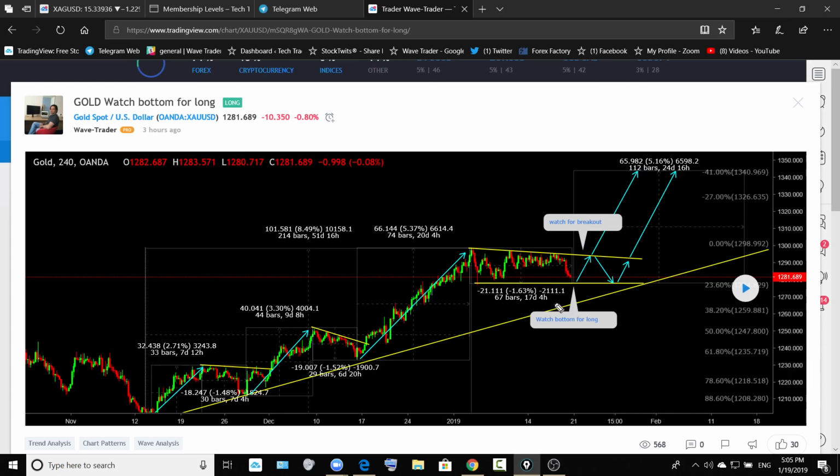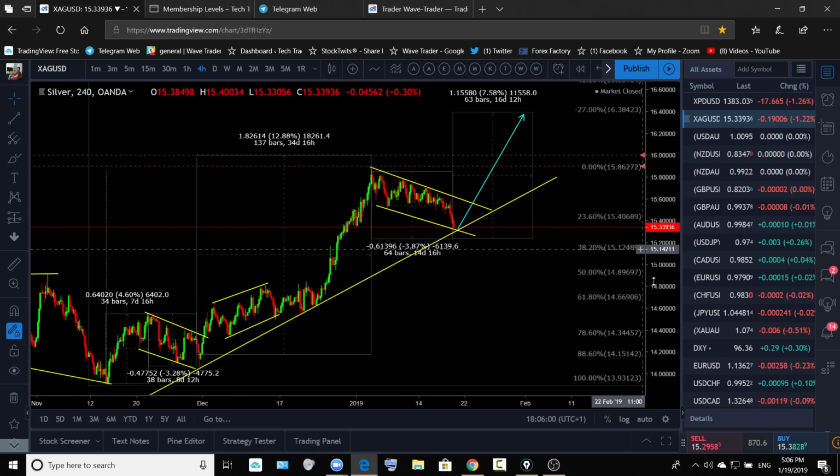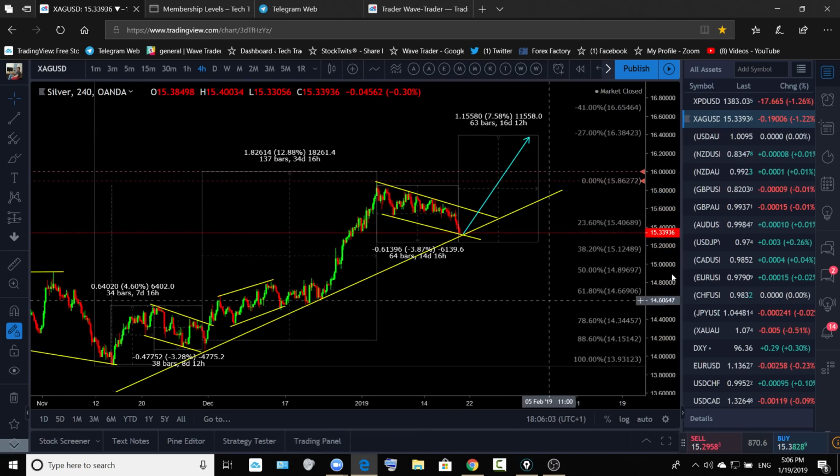If we are not going to see anything over there for upside and price is going to break down that uptrend, the trend which we are having over there, then before going short on gold, we need to see that there is a correction for downside, like the way you have seen there, before we start to sell gold back to the bottom. So confirmation is needed for more downside on gold, and the same on silver. So the same trade on both gold and silver: continuation for more upside.